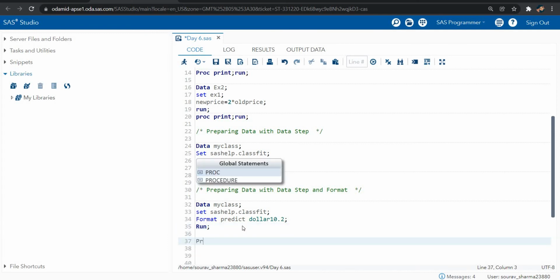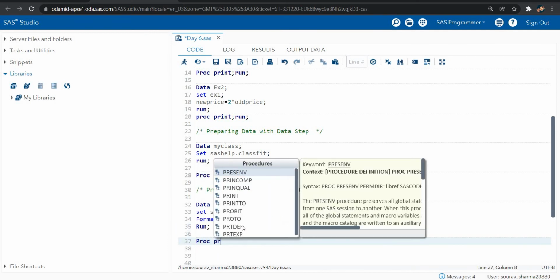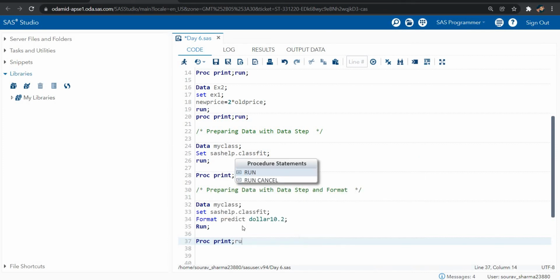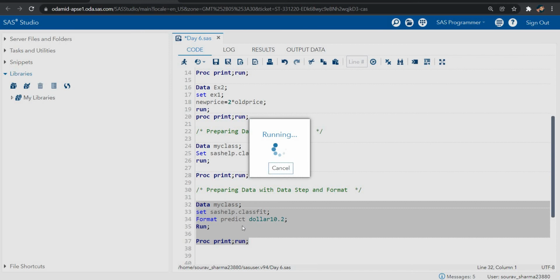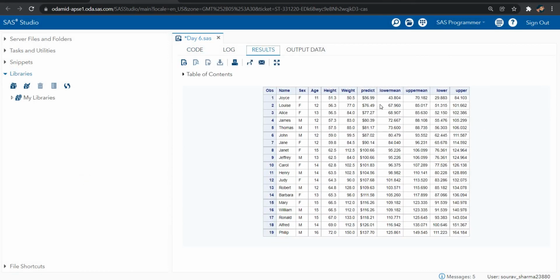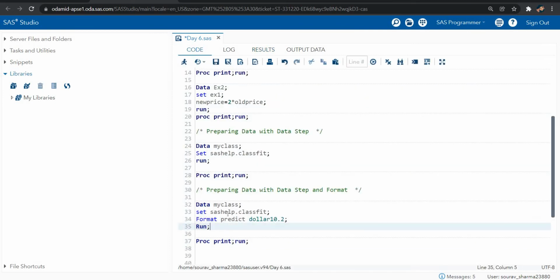Now if I run this code, you can see here we have the predict in dollars. In front of the predict we have the dollar. So we can also customize our output with the format statement and with the set statement.